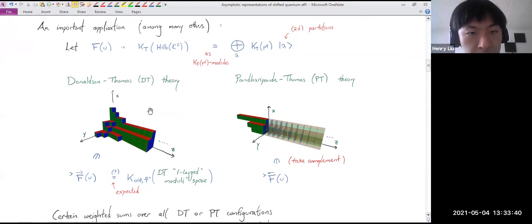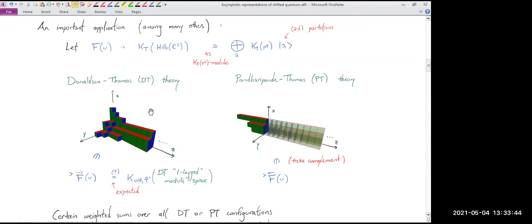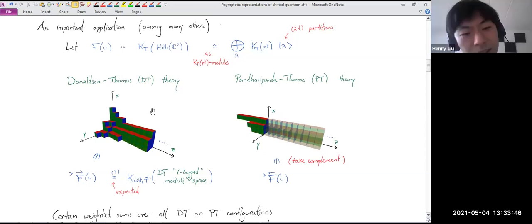And here count is being used in some very general sense. You mean 3D or? Well, I kind of mean 2D in the sense that we want to view these 3D